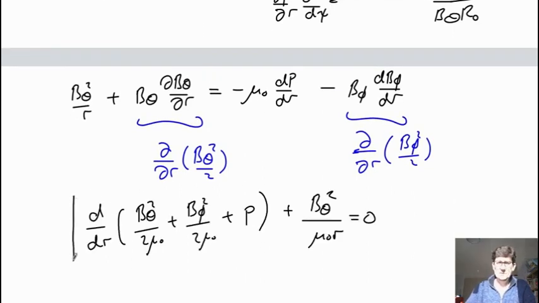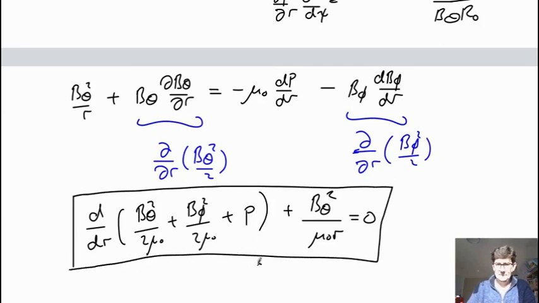And that's the same equation we derived in previous lectures for the force balance in a cylinder. Where here we have the magnetic pressure and you have the magnetic curvature term. And you see that the pressure term came from a combination of this F term in the Grad-Shafranov equation with this term here from the toroidal field. So in a tokamak, it's this combination of poloidal field and toroidal field, which gives the magnetic pressure. And here you have the same pressure term coming here as you would in a cylinder.